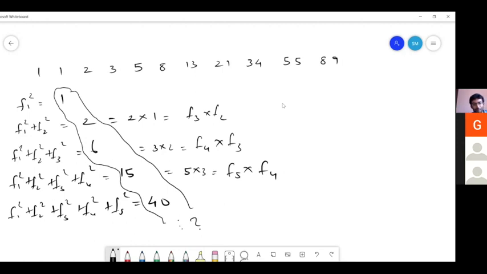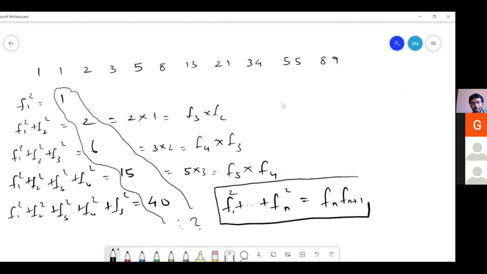So if you have to give a formula, this would be Fn into Fn plus 1. So simple, right? If you have to add 100 squares of Fibonacci numbers, you just take the 100th Fibonacci number and the 101st Fibonacci number and multiply them. That's it. And this is scarily similar to n into n plus 1 by 2. Only the by 2 is not there. Wow, I didn't see it in that direction.